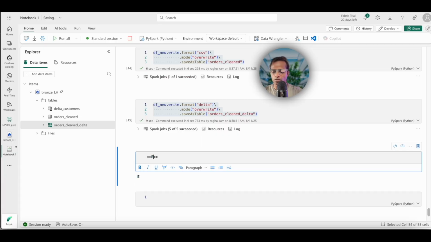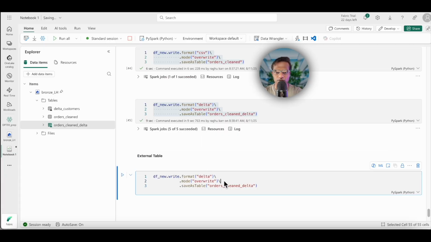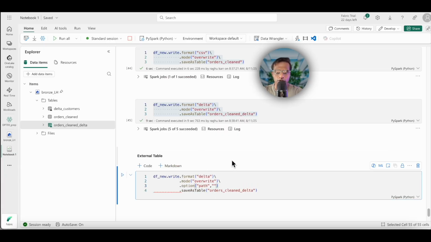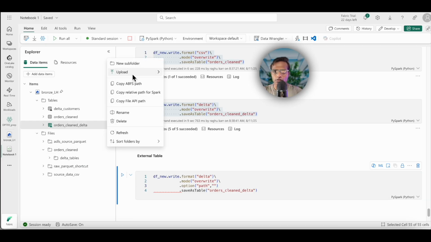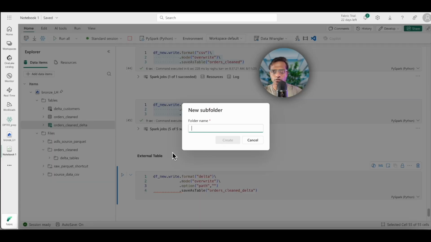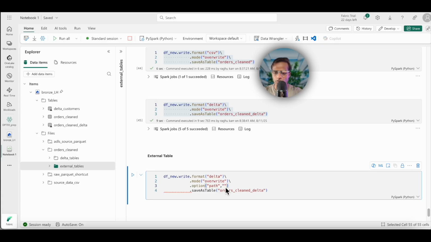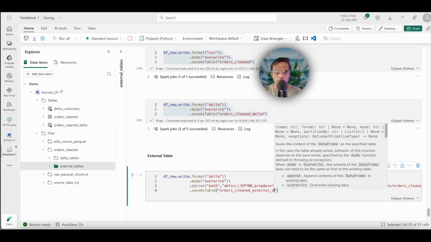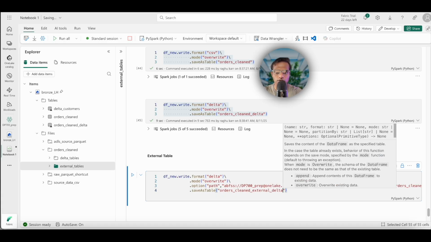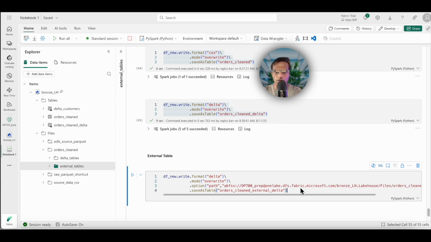Let's create an external table now. Everything is the same except that we'll specify the path. We'll first create a new subfolder here. We'll call it external tables just for our reference. Okay, we got this here. We'll copy this path and paste it here. Let's give the name orders cleaned external delta. So this should be an external table.